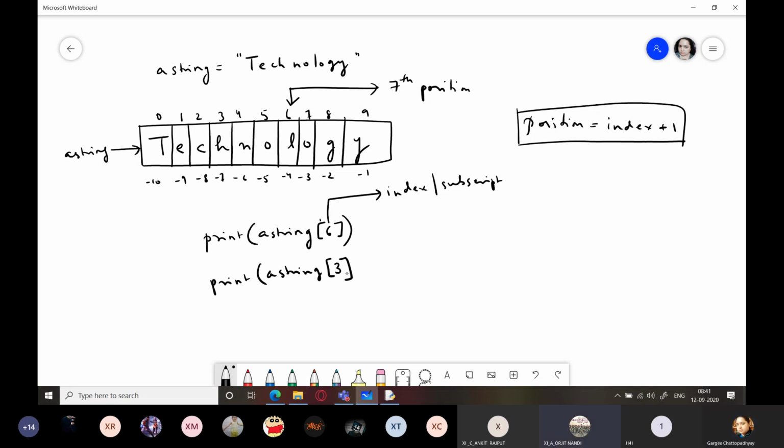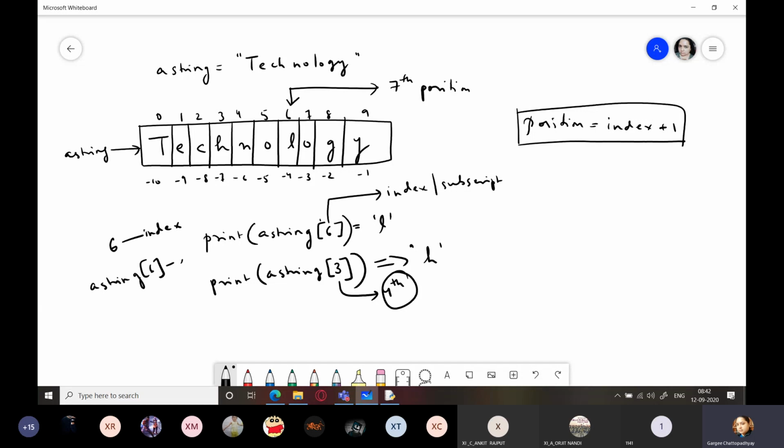Ma'am, you want the 4th one? Yes, it is the 3rd index, correct. So this is the 4th character. So this will print what? It will print H. And 6 will print what? L. Now, when I say 6, 6 is the index. But if I want the character there, I will have to type it like this: a string 6. This will give me the character, that is L.